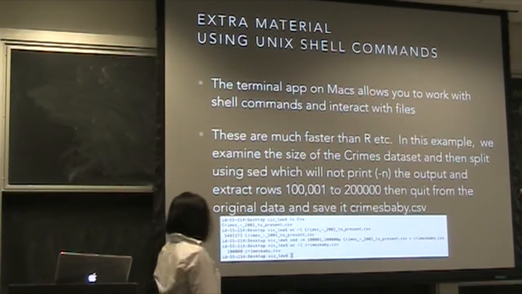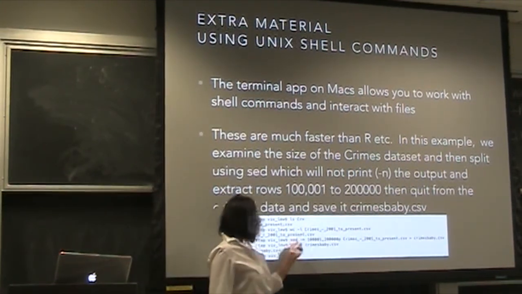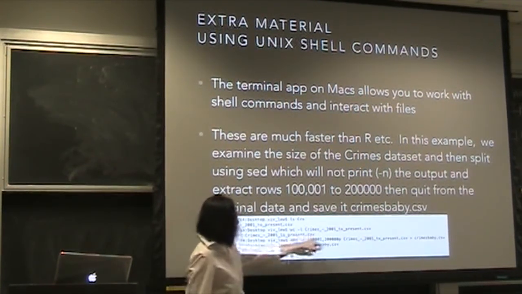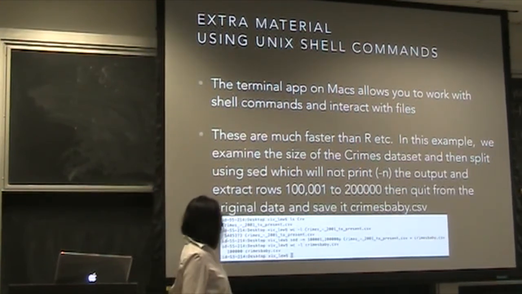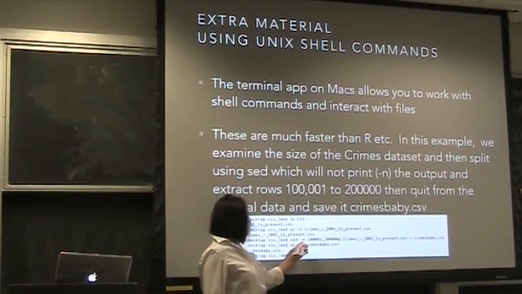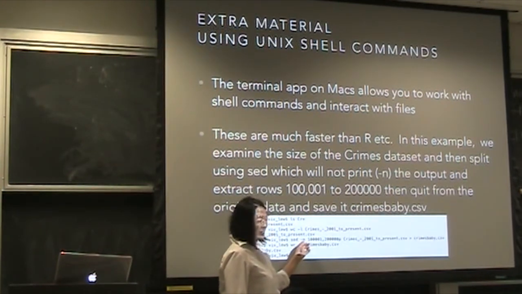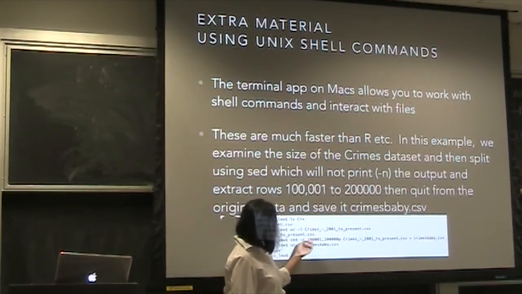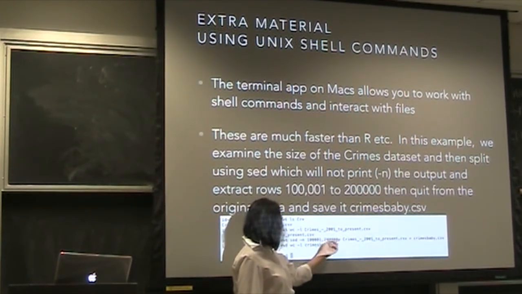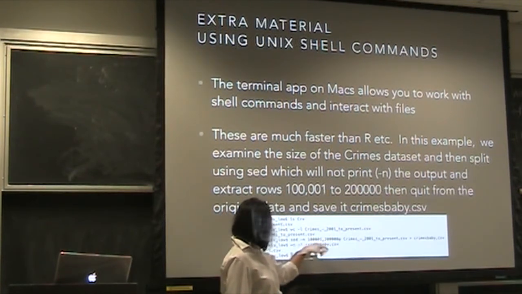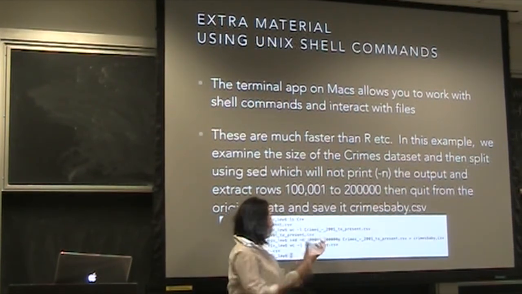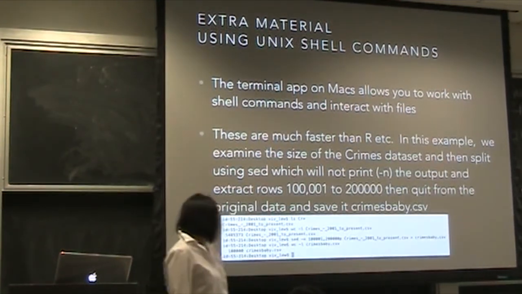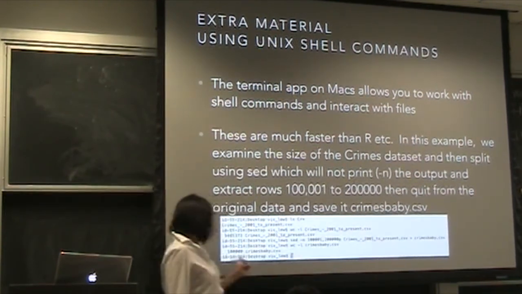And what comes out is 5,485,373 lines. So what I'm doing then, sed has these nice little commands that can be used to specifically target a certain area of the file. sed -n means don't show me this on the screen, basically be quiet. So it's going to go through my file, go to lines 100,001 to 200,000, and p means print, I think, to grab those lines from my file, and it's going to pipe or save it to the crimes CSV. And then I can look at a word count just to check it, and it's exactly 100,000.